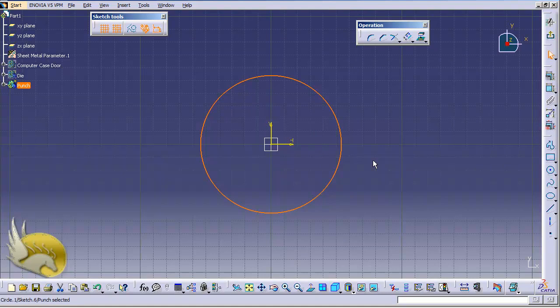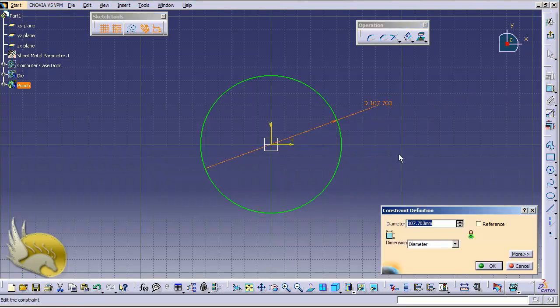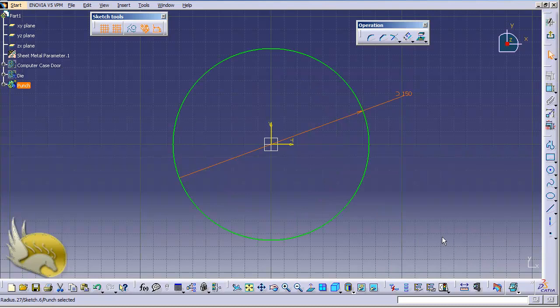I know that the thickness of the sheet metal is 1 millimeter, so I need to have about 148 millimeters of diameter here. And remember that I had 150 millimeters of diameter in the die hole that I just created. But I can create 150 millimeters of diameter here, and that's easier because I may have some complex shape here and I'm not going to calculate everything, and I can go to operations